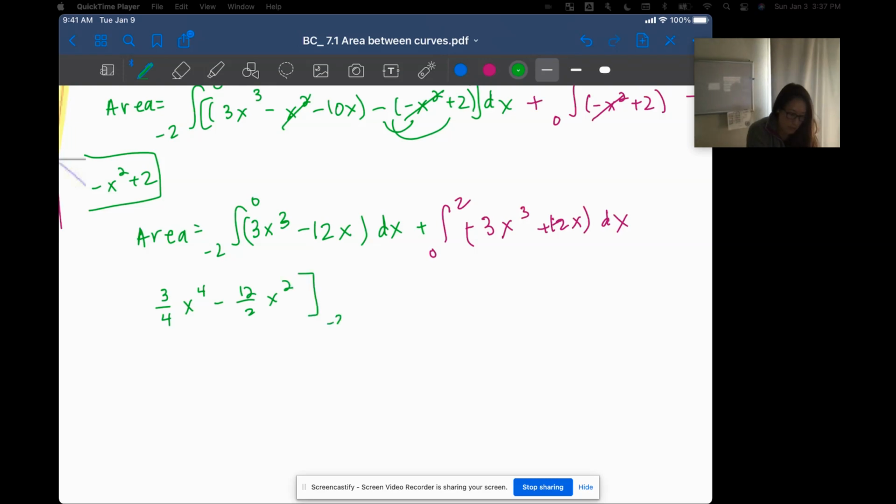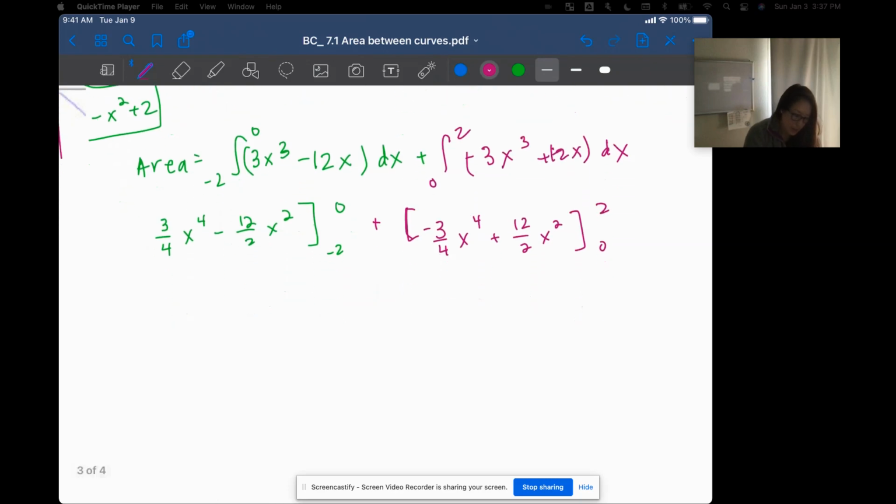evaluated from -2 to 0, plus negative 3 over 4 x to the fourth plus 12 over 2 x squared, evaluated from 0 to 2. And then we start substituting. Get 3/4 times 0. Okay, so when I plug in 0, I'm going to get 0. So I'm just going to put 0. And then we're going to subtract out